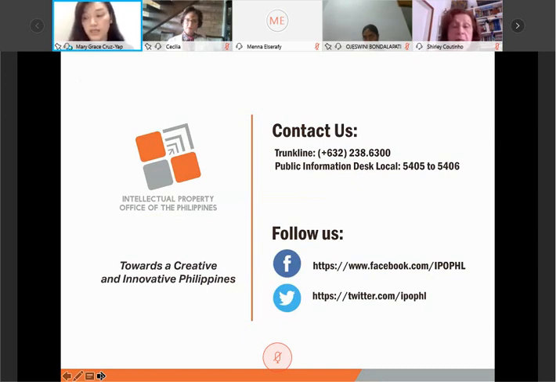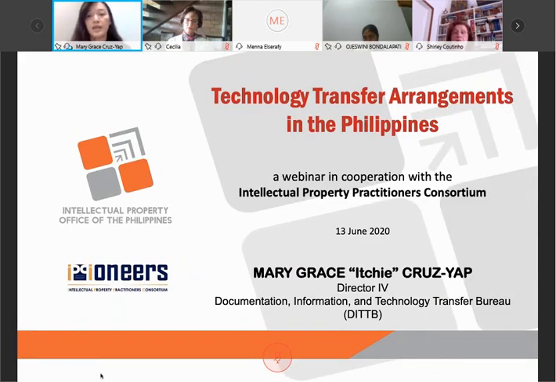At this point in time, I'll be discussing the technology transfer arrangement. This will be quite legalistic. We'll try to simplify it. But let me just give you a reminder, a guideline. This is the technology transfer arrangement legal aspect in the Philippines. So this might not necessarily be the same where you are, but discussing it in general might give you an idea of what technology transfer agreements may contain and what you may want to look into to assist your clients when they go into partnership with entities, especially if you're coming to the Philippines.